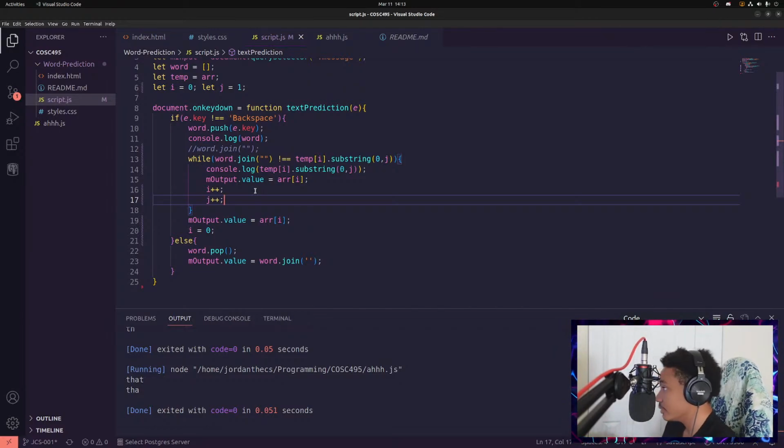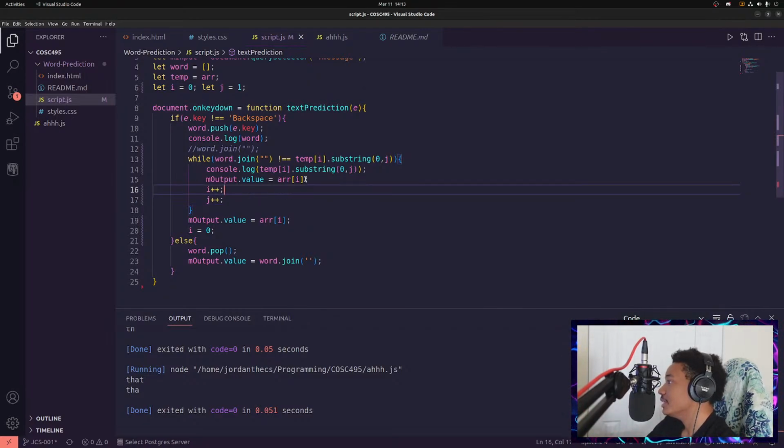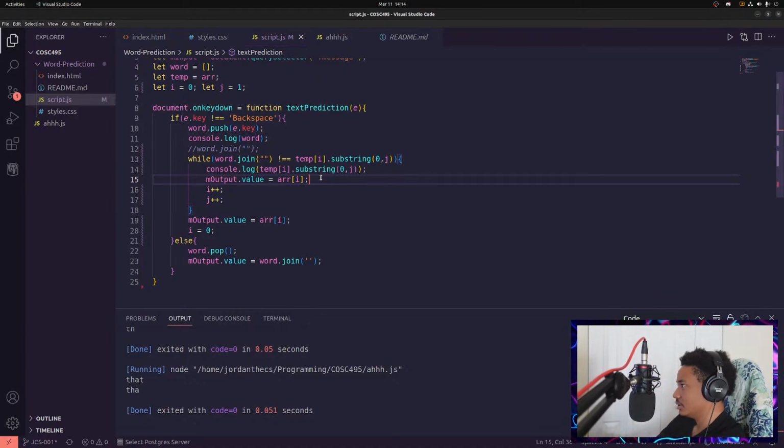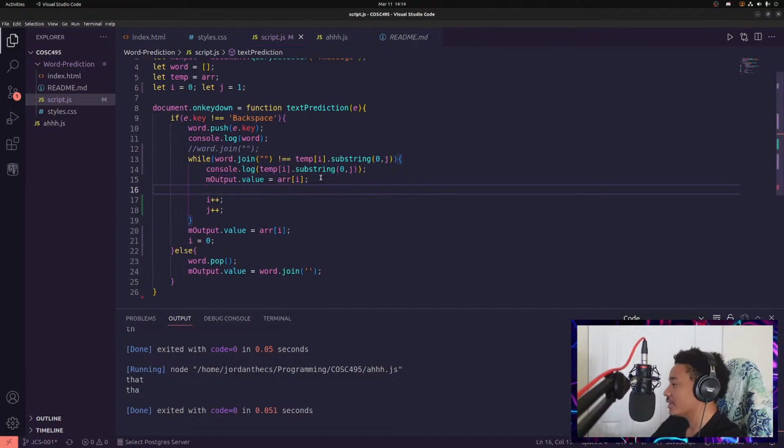We go down and we print array i plus plus. It's going to print the wrong array. It's going to print those right there. So with that being said, that means that I should actually have an if statement in here. So I should have another if statement for this. So basically if this still isn't a thing,